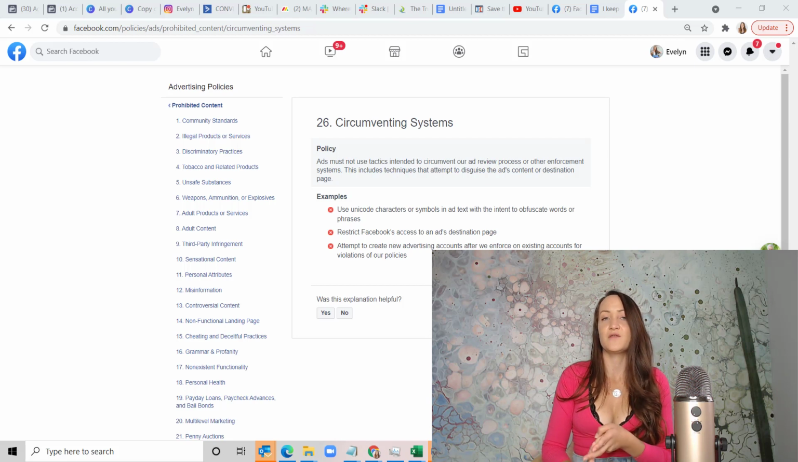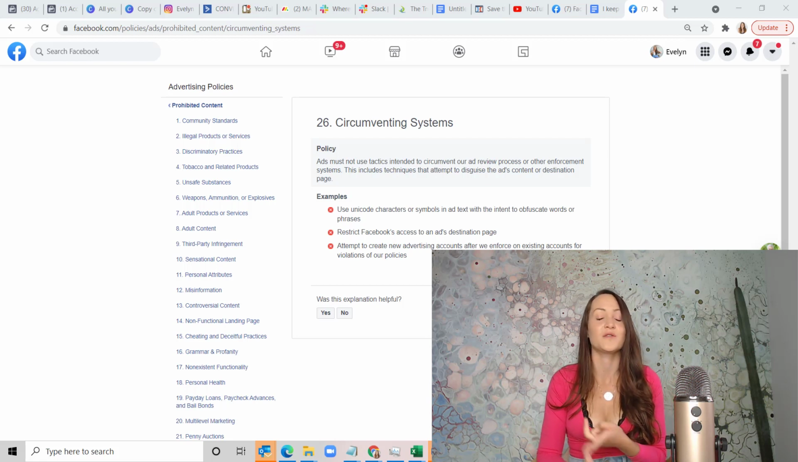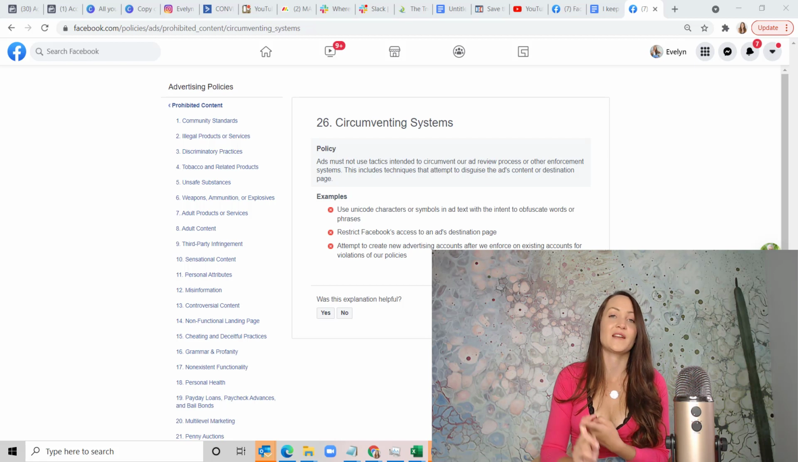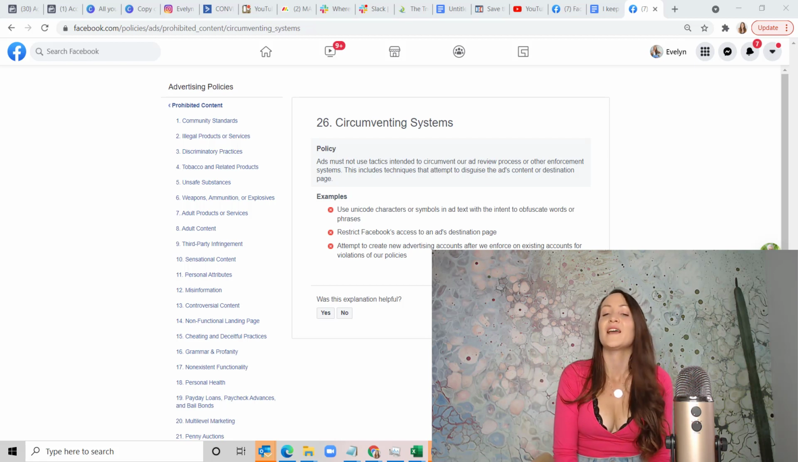So the easiest thing is to check the link and see if it redirects or if it's broken, so people cannot access the destination page, and then look at your copy. Do you use a lot of emojis, and can it be interpreted in a way that you try to circumvent Facebook's